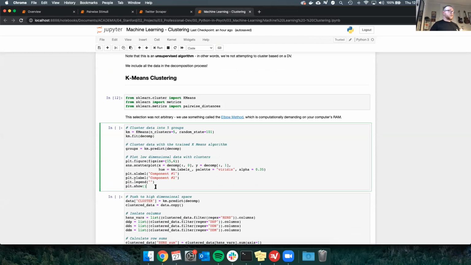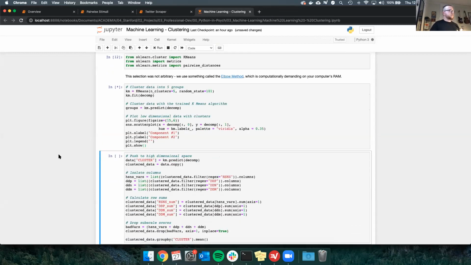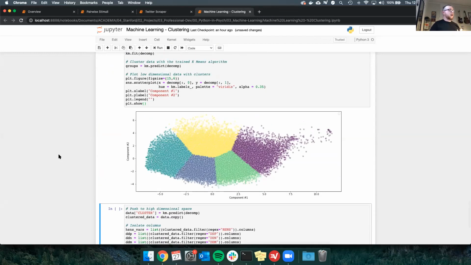So let's just go ahead and see what that looks like. Drum roll. Okay, great. So we can see here we have the same exact shape of data, right? It's the same data, but it's split very evenly into 5 groups. I shouldn't say evenly, it's split very clearly into 5 groups, right? So we can, as we might intuit, these participants are qualitatively different in their responses than these participants. And now we have a data-driven approach to back that up.